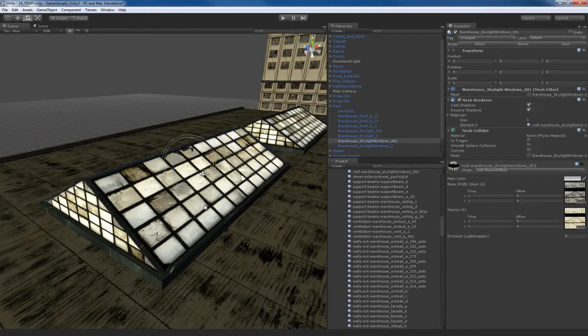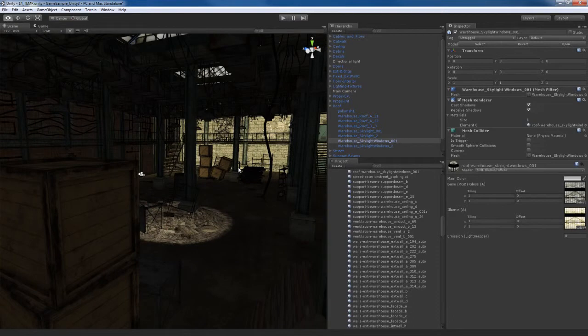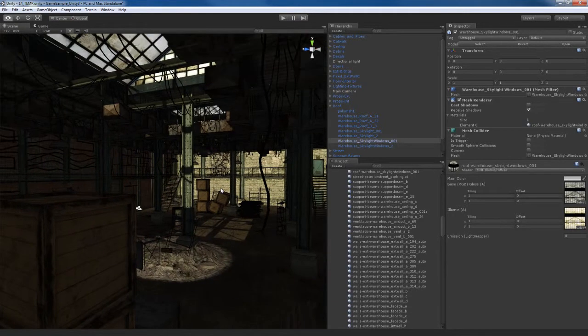I'll select the window pane object right here, and what I can do is go to the mesh renderer parameters over here and take off the cast shadows parameter. So that's what I'll do. Come over here and I'll turn off cast shadows, and as soon as I do that, you can see the